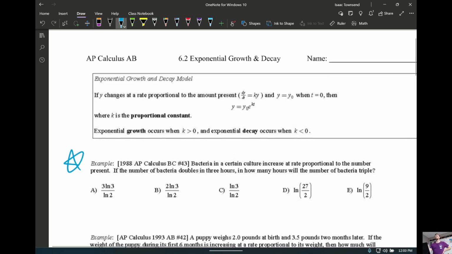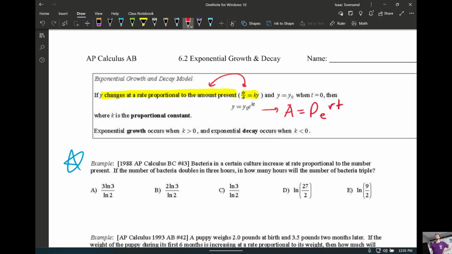Okay, so first off, when to do this, there's 2 keys here. If it says y changes at a rate proportional to the amount present, or if it says dy/dt is equal to ky, this is the same thing, that's how you know it's this question type. And they're writing the formula like this, but it's really the formula